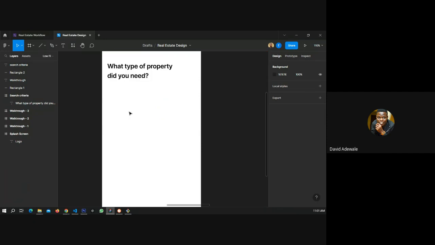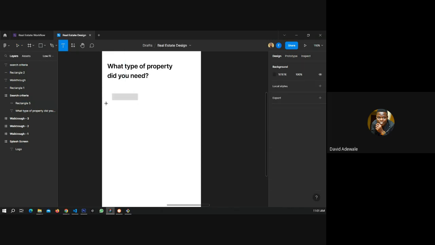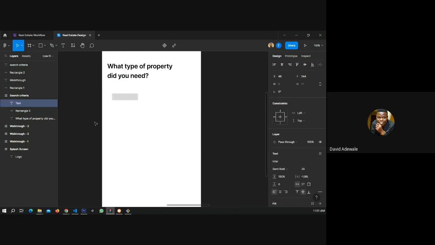Okay. And then we can have a checkbox here. Checkboxes like this that have text in them, and then say 2-bedroom flat, or anyhow.